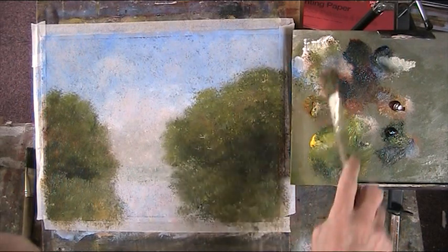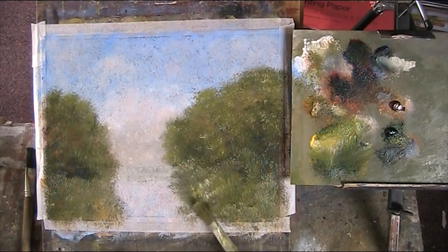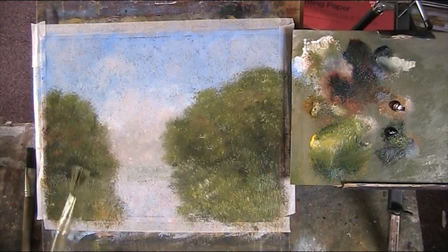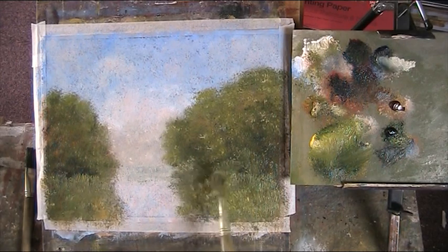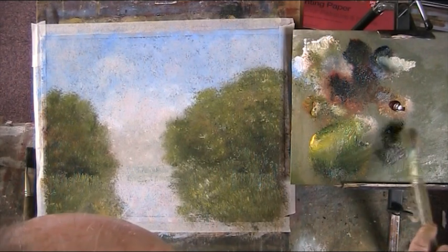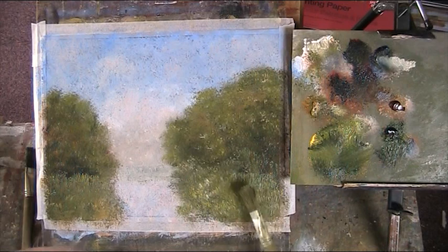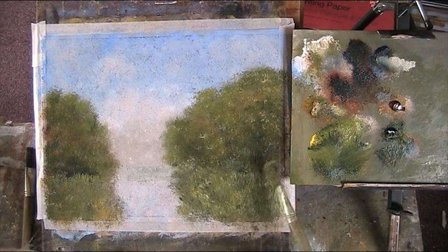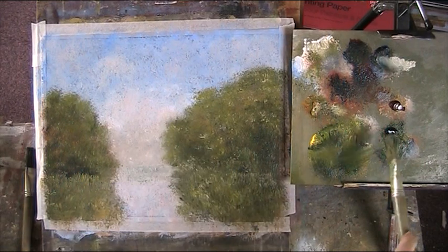Just catching the light. With a preamble down here. Grasses. There's a dark in there. We've got a bit of contrast there than I have there, so let's